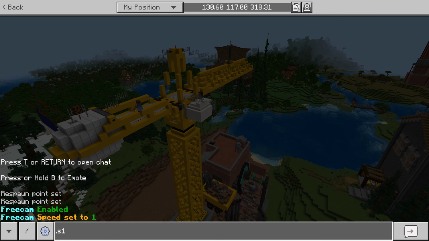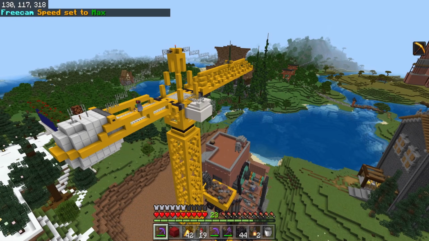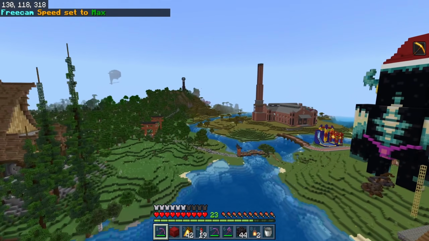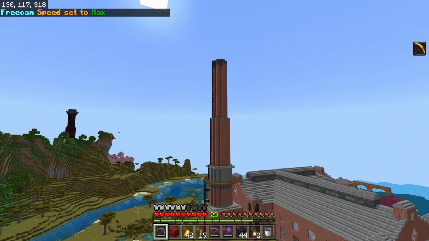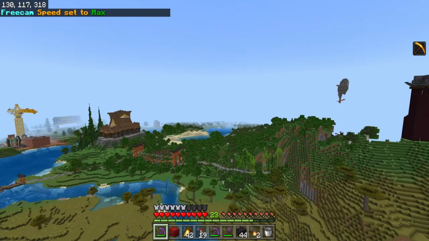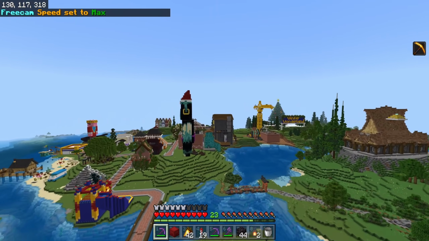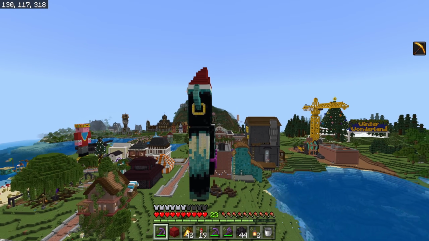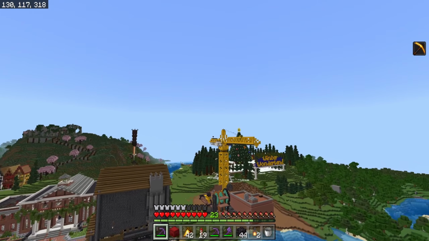So like I said before, we have speed 1 and then we have all the way up to speed 6, which is going to be pretty quick. And as you can see, we can move through this world at a very fast rate. And I wanted to make this to where it was fast enough to get around, but I don't want it fast enough to where you're going to literally slingshot yourself out of render distance, because as you can see, this